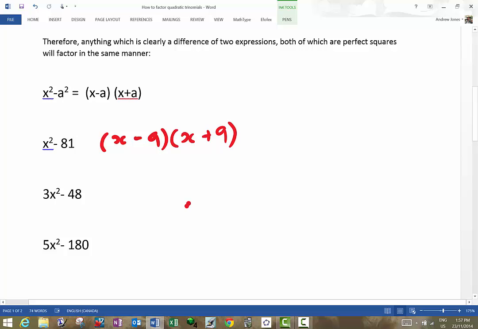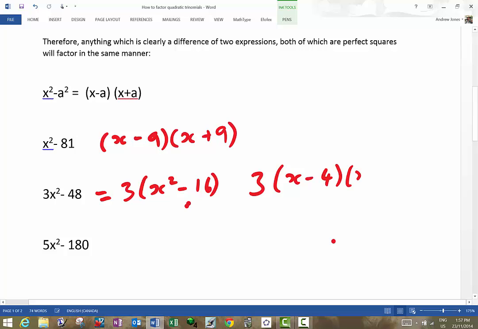The following two are a little more interesting. The first thing to realize is that we're talking about factoring, and 3 and 48 both have 3 as a common factor. So this expression is actually 3 times x squared minus 16. And then obviously 16 is 4 squared, so the square bracket actually becomes 3 times x minus 4 times x plus 4, and that is now fully factored. Similarly,